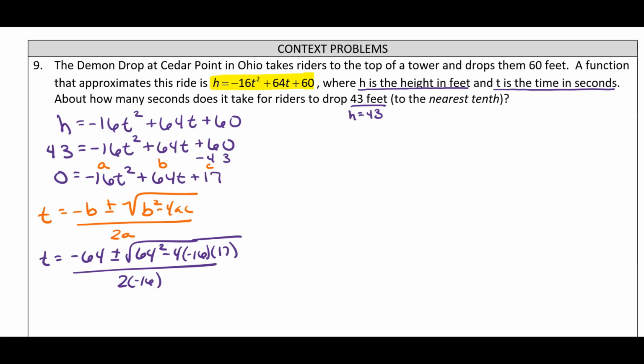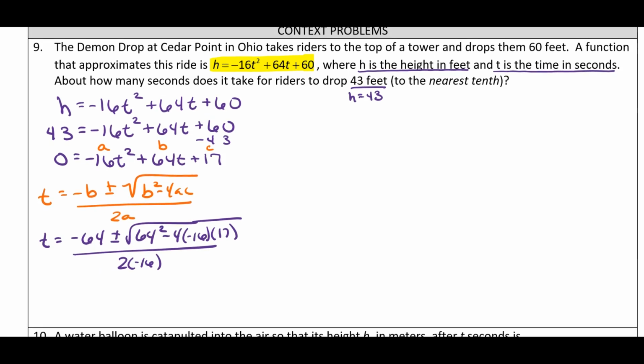Now we got a lot of big numbers here, but that's really okay. Again, the quadratic formula makes things a lot easier because all we're going to do is start chugging. So this time I'm going to type in this whole thing underneath the radical in my calculator. I'm going to type in 64 squared minus 4 times negative 16 times 17. I'm not going to do it piecemeal. So when I type that entire thing into my calculator, and hopefully you're doing it with me, you should end up with